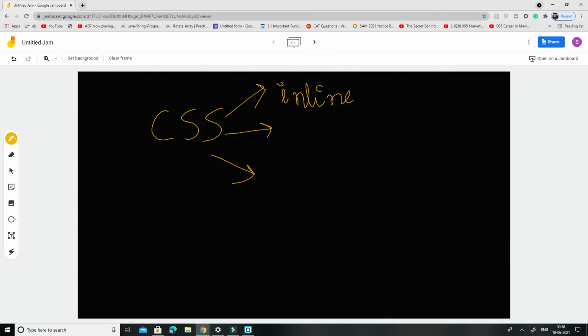Another way we saw in the code: at a place we wrote style inside body, and we gave all the required styles which we needed, like the background color and all, and then we closed it. So another way is internally.